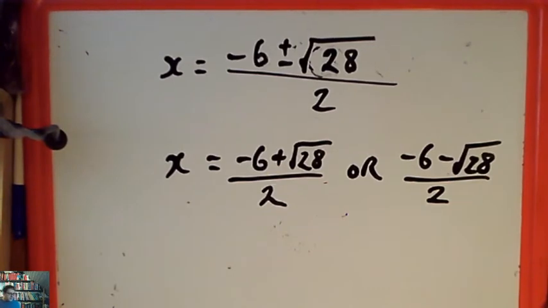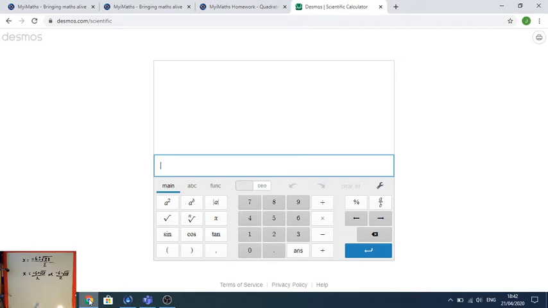Okay, so it's just a question of finding where on earth I put my calculator on this desk. So actually I've got the on-screen calculator, that's the one that's used in the IB exam, so might as well get the hang of using that. So I can click a button over here to get something that looks like a fraction. There we are, and then I can put the minus 6 plus the square root of 28 on the top and the 2 on the bottom,